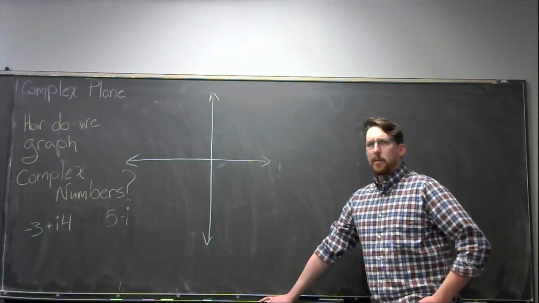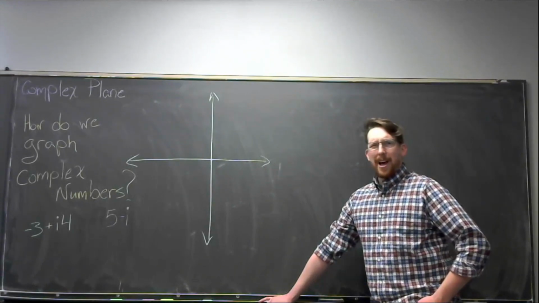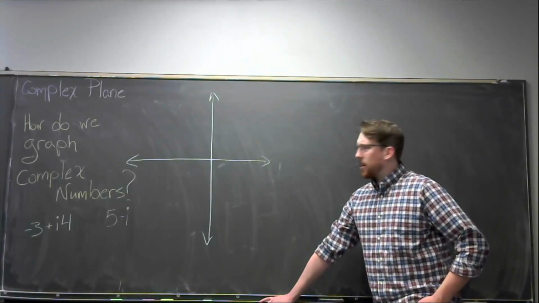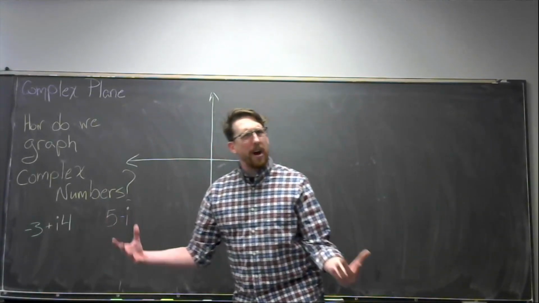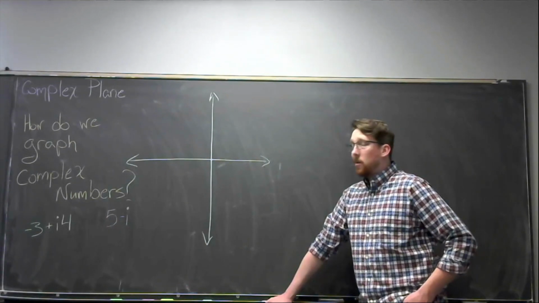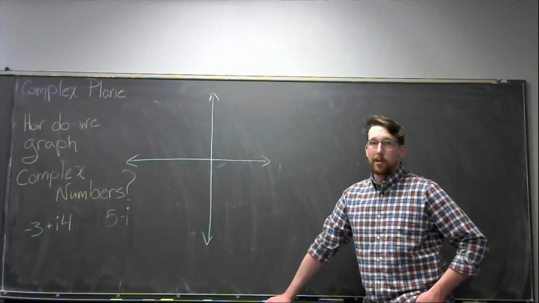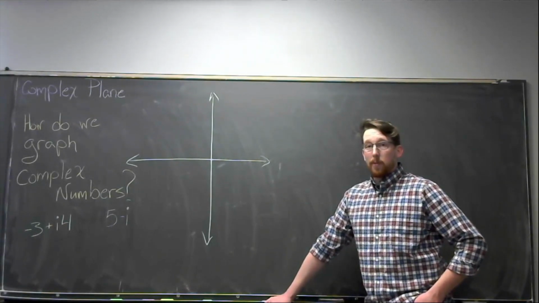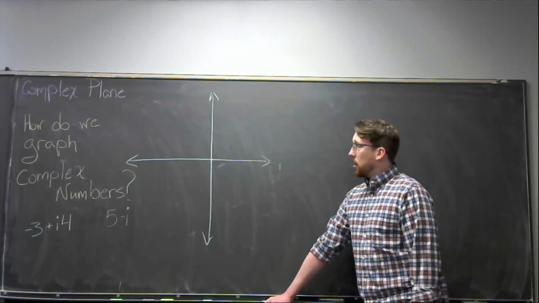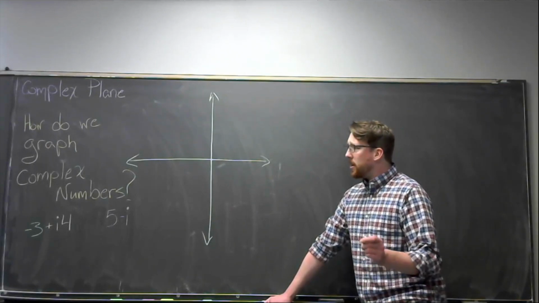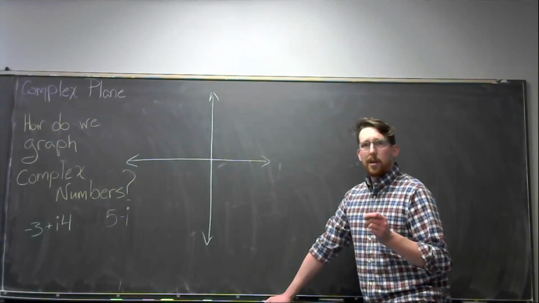All right, so I keep talking about complex numbers. We've been talking about them for a little bit now. But how do we graph them? Like, if I wanted to graph either one of these complex numbers, how would I graph them? Well, first thing we need to know is how the complex plane works. The x-axis represents your real numbers, and the y-axis, well, it's your imaginary numbers. So having said that, if I wanted to graph -3 plus imaginary 4,